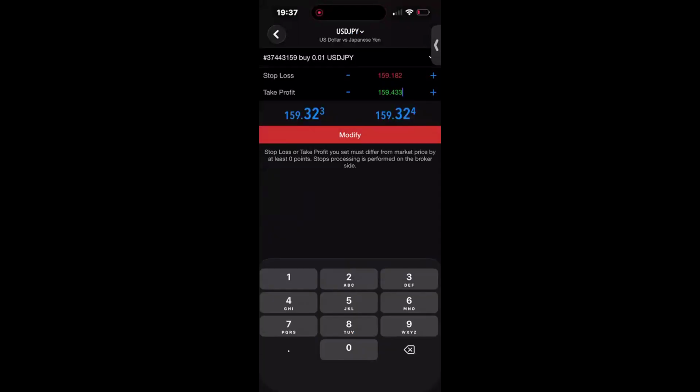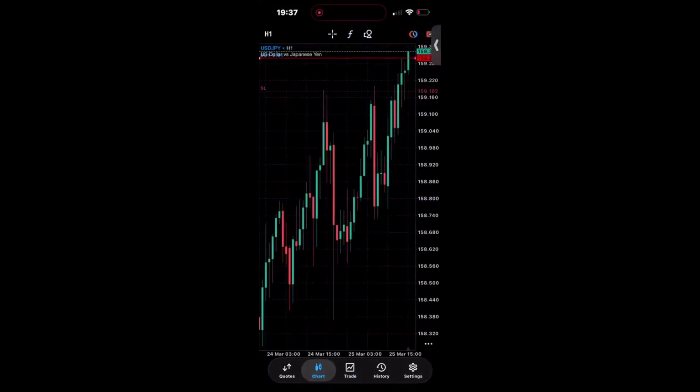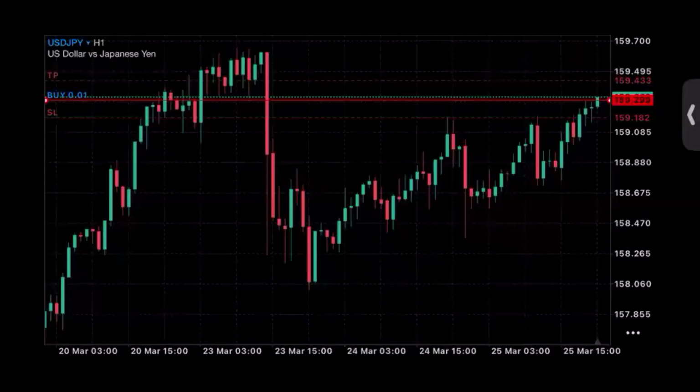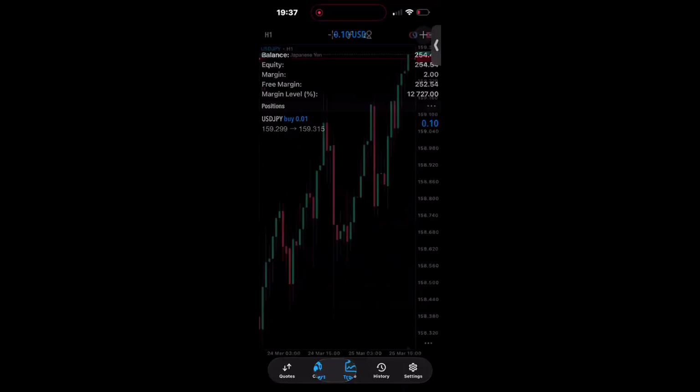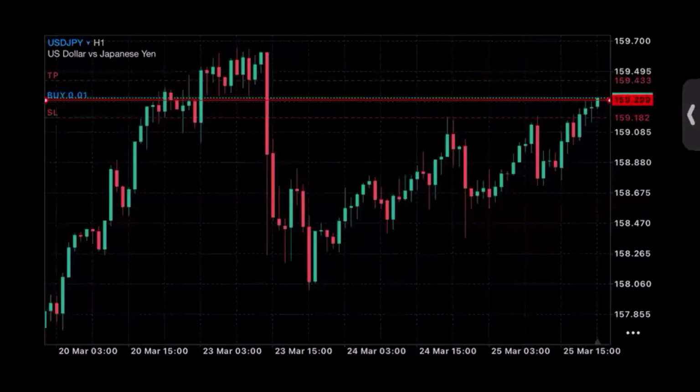Modify. I've taken that trade on USDJPY. My trade is currently running on USDJPY, 11 cents in profits and still running. So when you do this on currencies, the risk is actually very, very low, and the reward is very, very good compared to gold. That's why I said you need to be careful when it comes to gold, right? But we're still going to do it on gold. I'm still going to take the risk on gold with this account. It's just $100. We're going to look at how that goes.